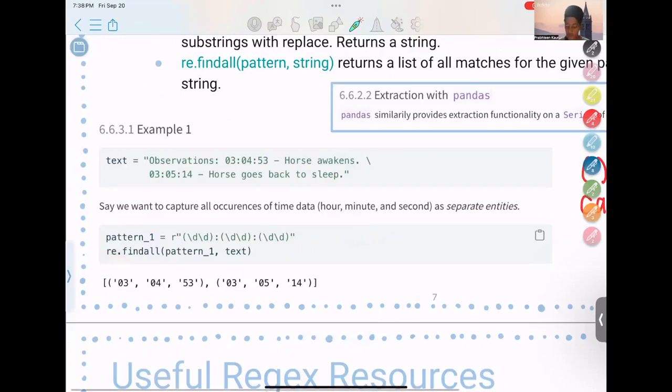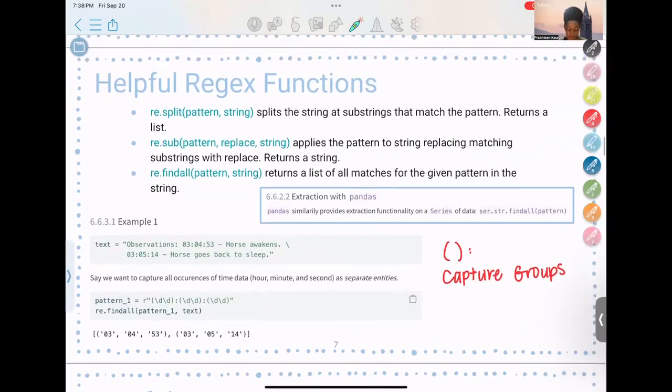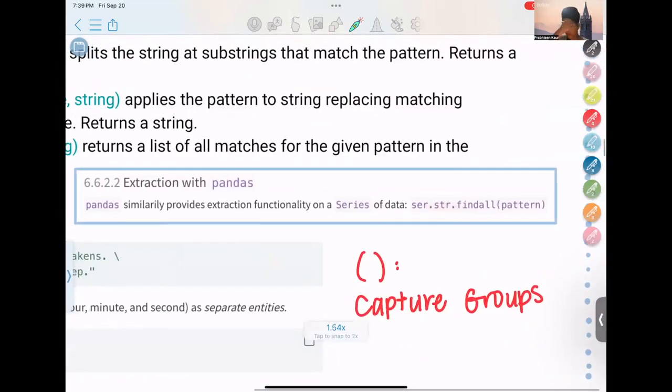We also are able to do this in pandas. So it makes sense when we're talking about databases that we would want to be able to apply these functions to entire columns of string data. For example, just like we talked about with pandas str accessors, we can do something very similar in pandas using .str. So we'll do .str.findall, and then we can put the pattern,